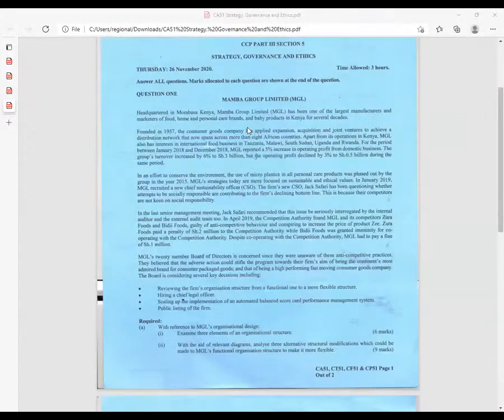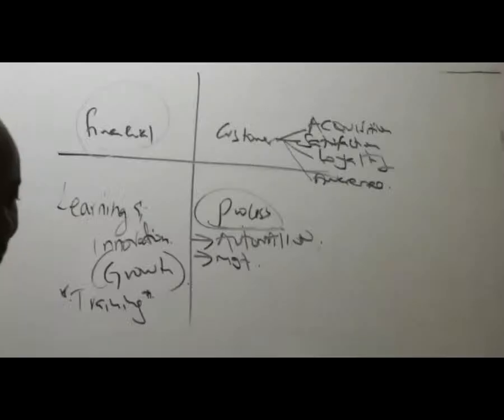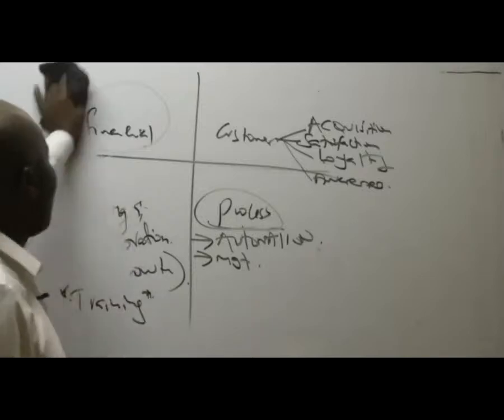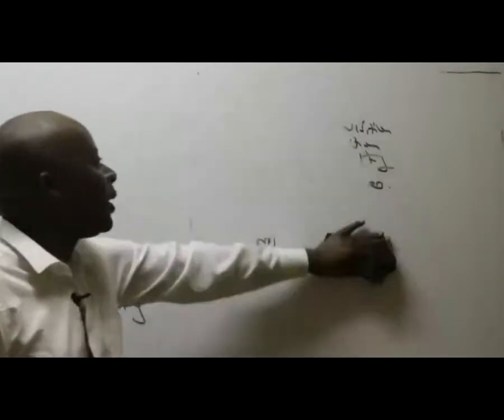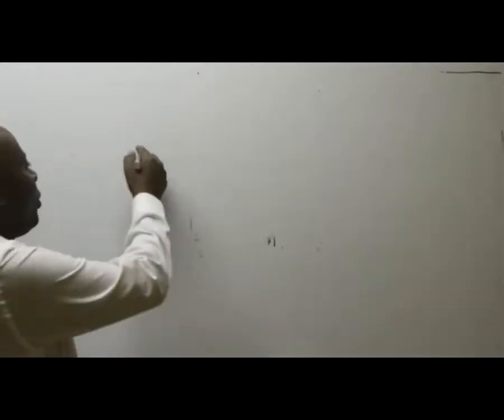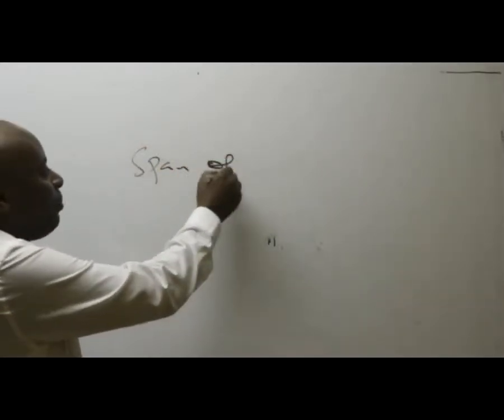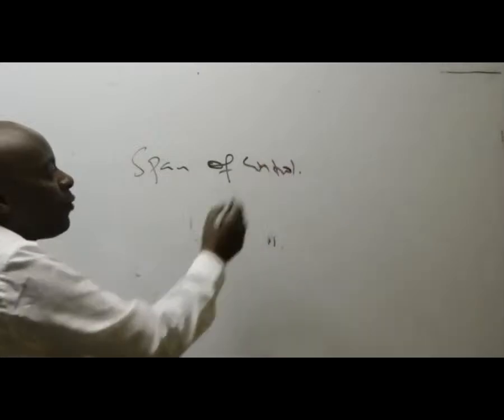So the first thing that I will think about there, ladies and gentlemen, of course, will be number one, the span of control. Are we going to talk over a narrow span, or a wide span? The span of control is quite important. It is very important. These are key elements.